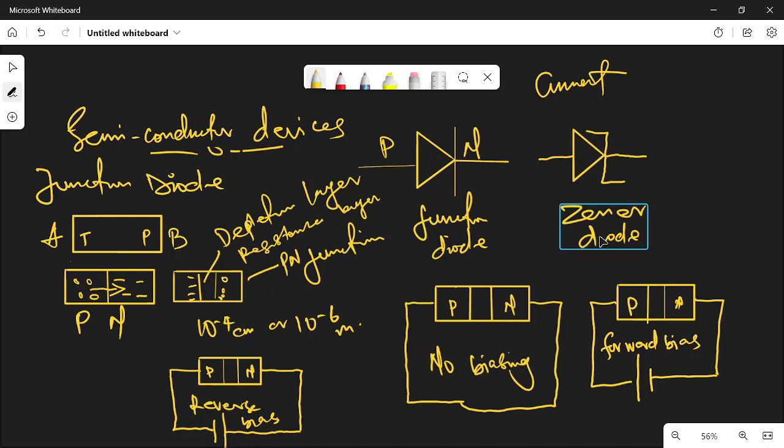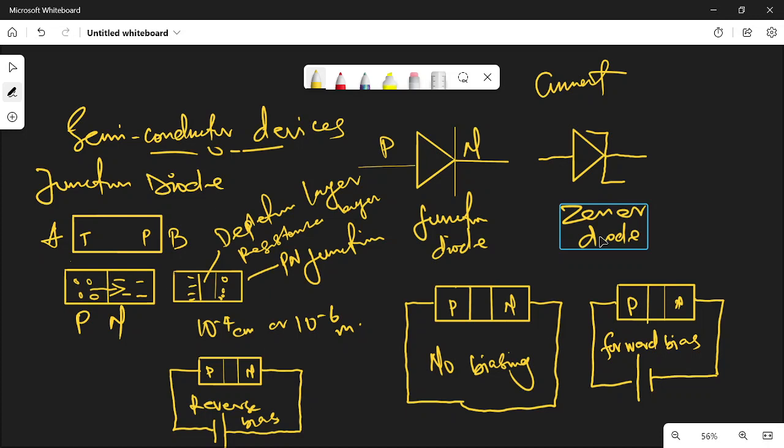It will be on for forward bias. But for reverse bias, we are going to have current flow from negative to positive. I want to go now. Then we are going to have high resistance, and the load on it is not going to come on. So those are the differences between forward bias and reverse bias, and then no biasing.